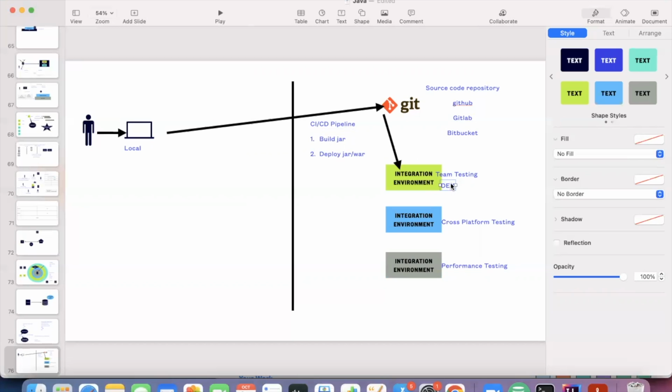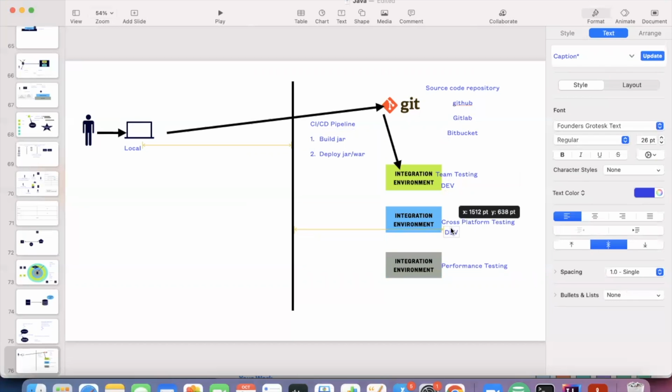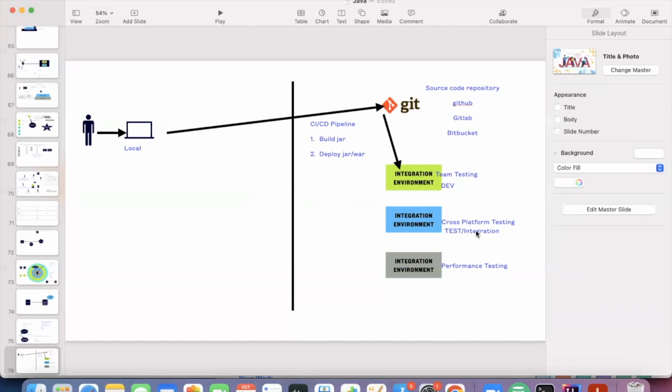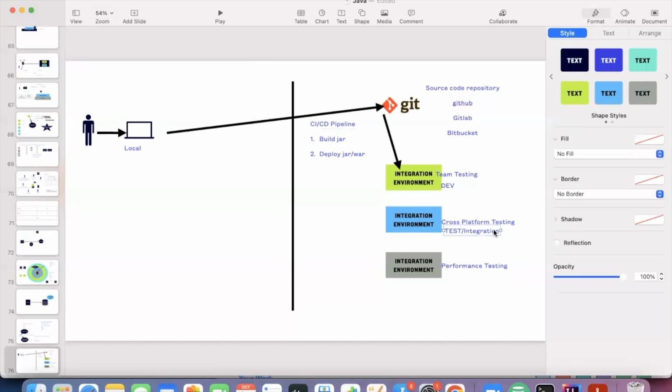When you go to cross-platform testing, this is where your test team or integration team works. So they call it a test team, integration team, or even sometimes